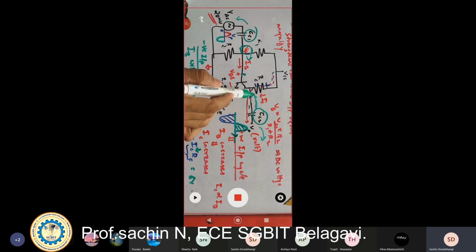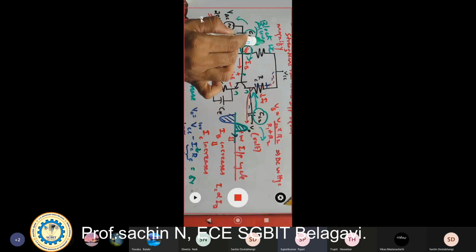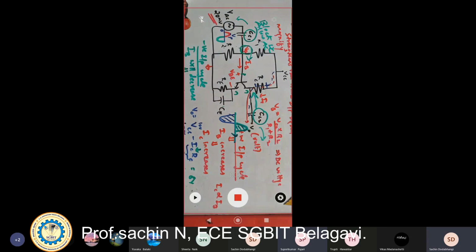So CC2 is going to connect the collector of the transistor to the output voltage or the next stage. If you want to connect another amplifier next, that is going to connect it. So it is going to block DC and allow AC. Coupling capacitor blocks DC, allows AC.